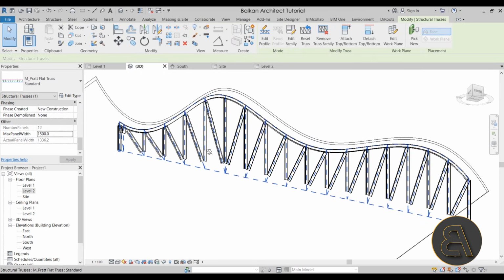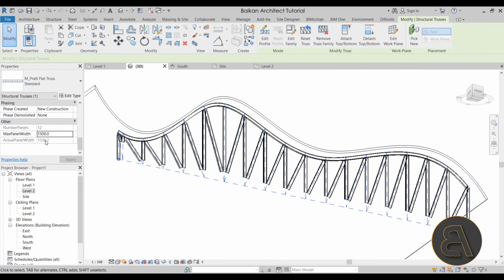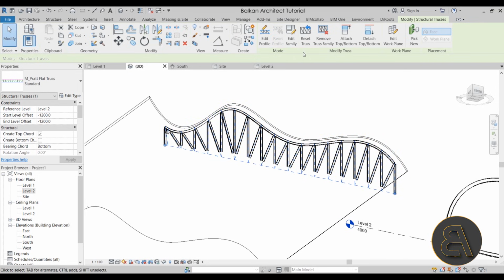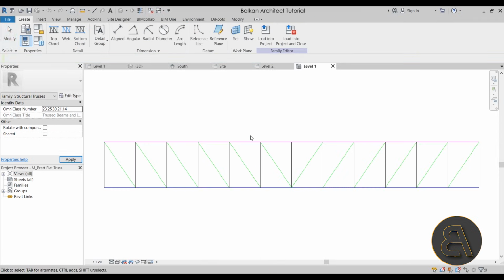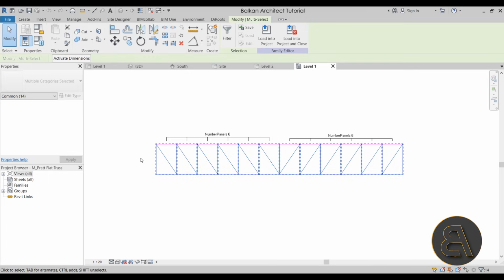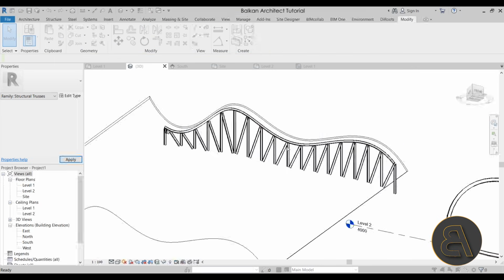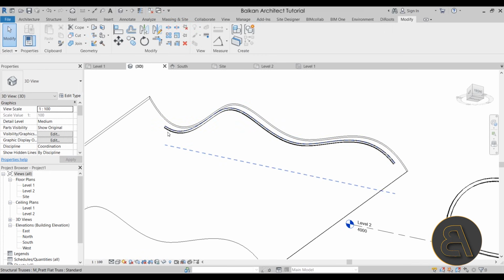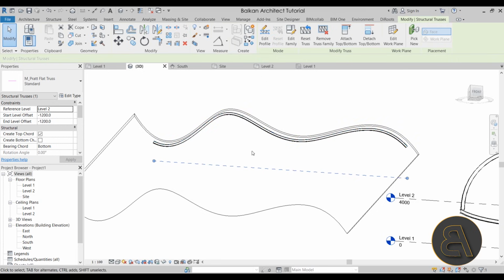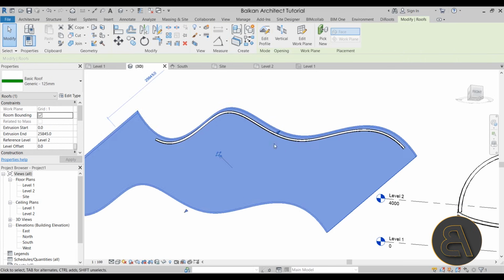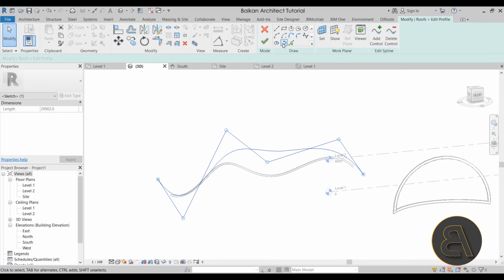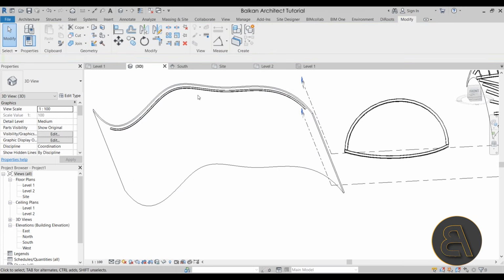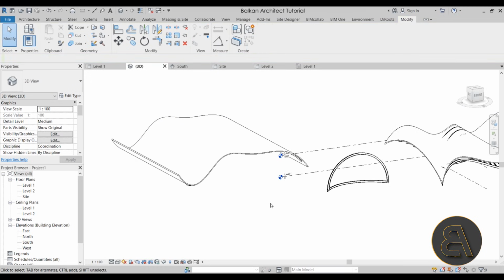Now, unfortunately, we don't really have the option to check off these diagonal and vertical chords. So what you can do is go into either here edit profile or edit family, and then what you can do there is just delete those and load it back into the project, override, and then it's just going to leave you with that top beam. So basically this truss is now a beam, but the upside of that is if I select this roof and go into edit profile and change it in any way, as you can see, the beam will follow that construction. So it is kind of cool,